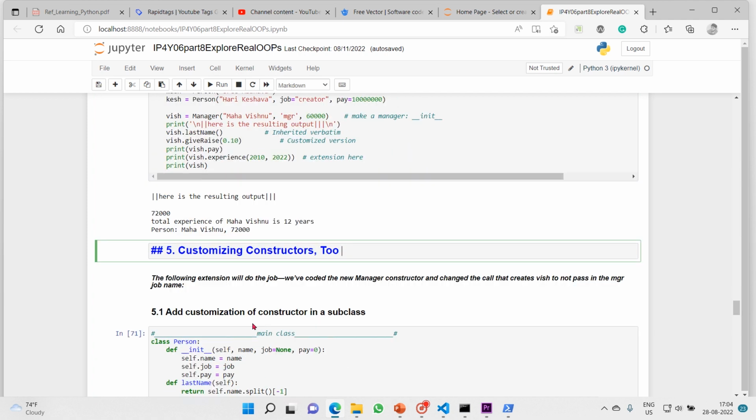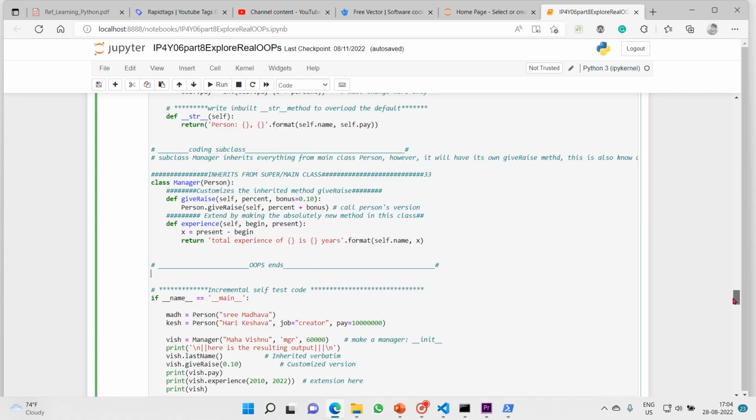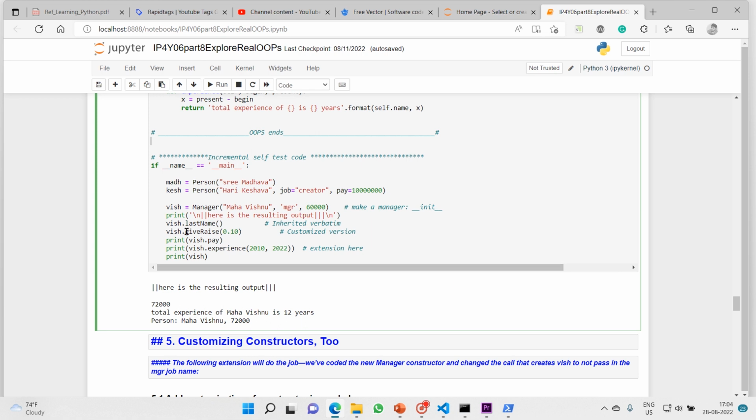So now the OOP part ends there, and then what we have is testing all three together. So what we'll do, we will call last name, give rise and then experience, because experience is completely specific to the manager class only, so we can call that, and then we can see. So when I call wish dot experience and give the two arguments inside it, then it gave me the total experience of Mahavishnu is 12 years. Okay, so then